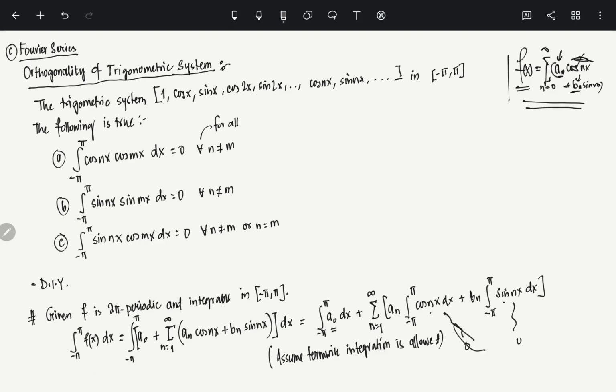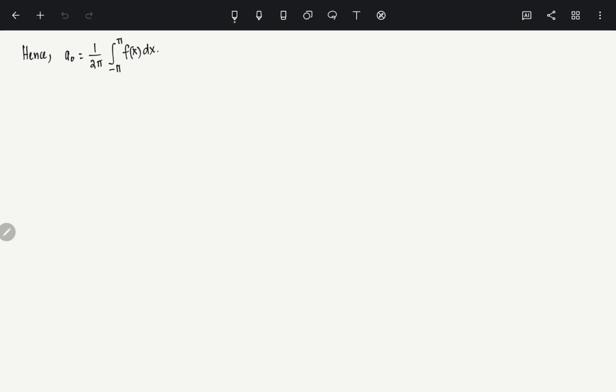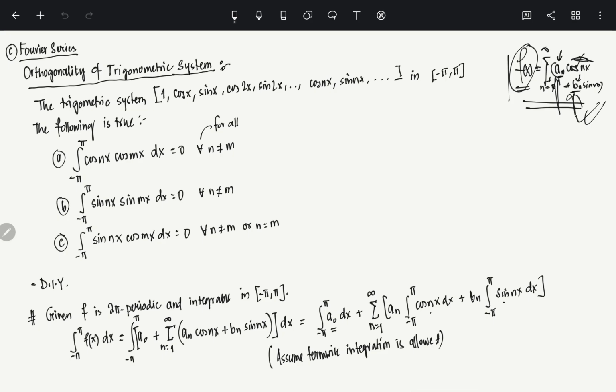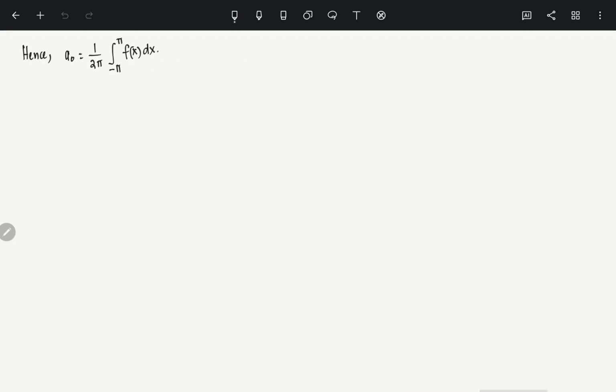Okay. So now a naught we already got in terms of f(x). So see, f(x) we wanted to write like this, right? Summation a_n cosine nx plus b_n sine nx. A naught, out of that we already got in terms of f, because we know what f is and we can integrate it to get a naught. Now we need to find what the a_n's and b_n's are, right? And this is the place where we are going to use the orthogonality of the trigonometric system. Okay, so let's look at how to find out this property. The second one, a_n first. Okay, so to find the a_n's,